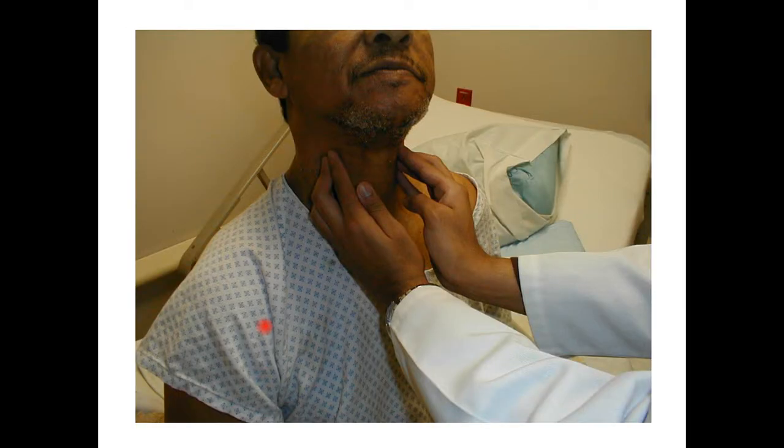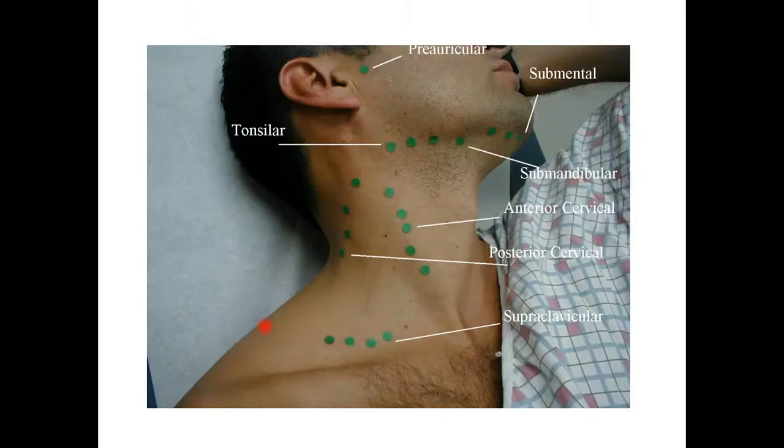This is the way of examining the lymph nodes using the pads of the four fingers, and these are the major groups of lymph nodes: periauricular, post-auricular, submandibular lymph nodes, tonsillar, and submental. Here we also see the submandibular salivary gland, and here the parotid salivary gland. Back to the lymph nodes: periauricular, post-auricular, submandibular, tonsillar, then the anterior cervical, the posterior cervical, and also supraclavicular lymph nodes. Posteriorly we may feel the occipital lymph nodes. Also, to complete the examination for lymphadenopathy we must examine the axilla, the epitrochlear, the inguinal lymph nodes, the trochlear lymph node, and even the para-aortic lymph